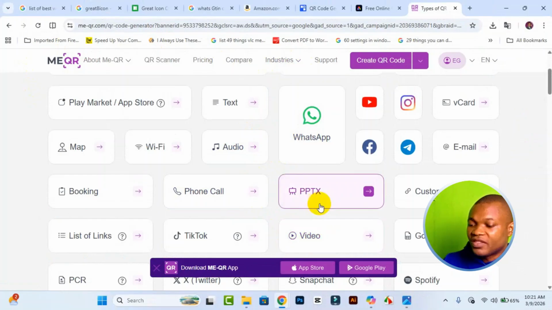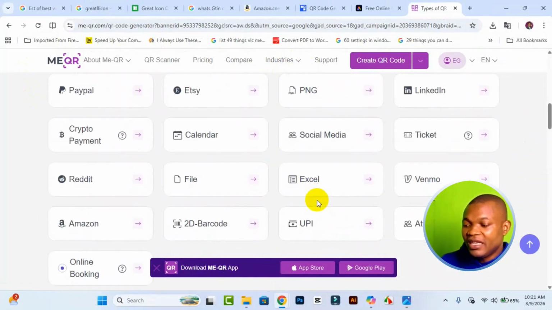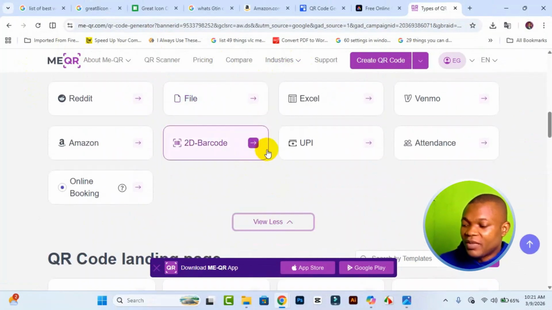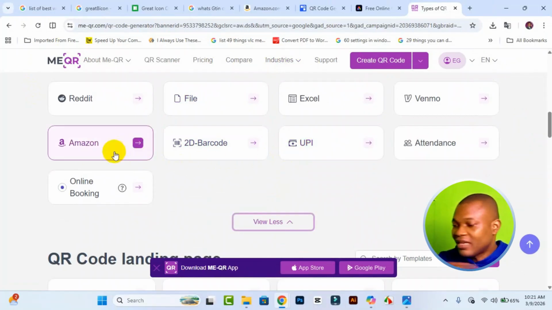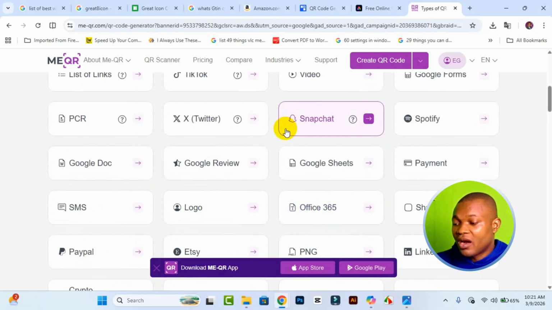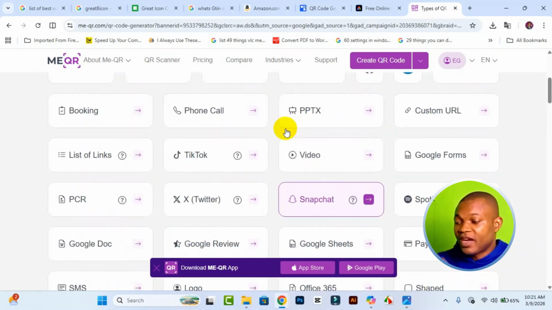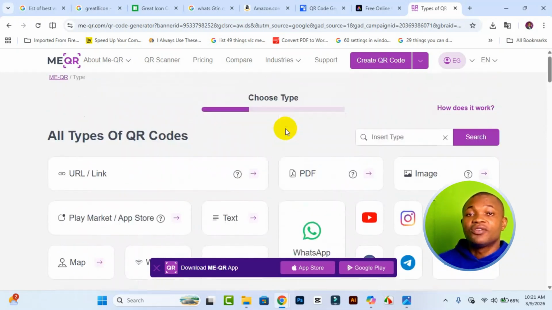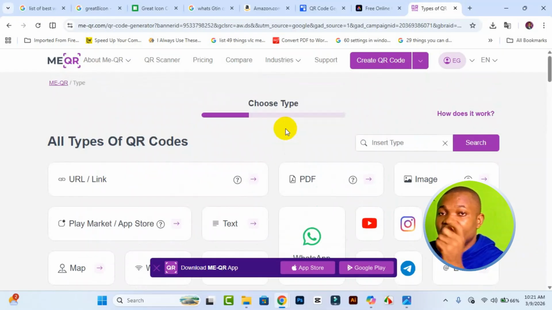You have a lot of things right here: LinkedIn, social media, calendar, file, 2D barcode, Amazon, etc. There are a lot of things here that you can create a free QR code for, as far as this particular website is concerned. So this is the third one right here. Let's take a look at the fourth one that you can use to create a free QR code for your